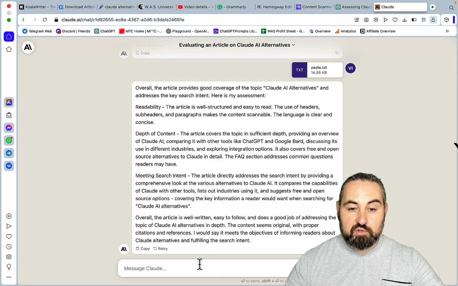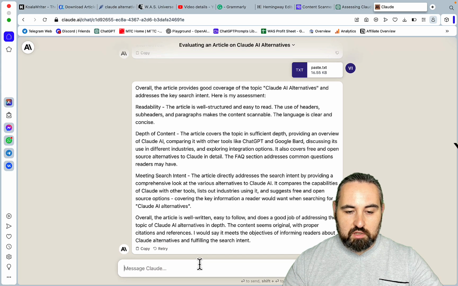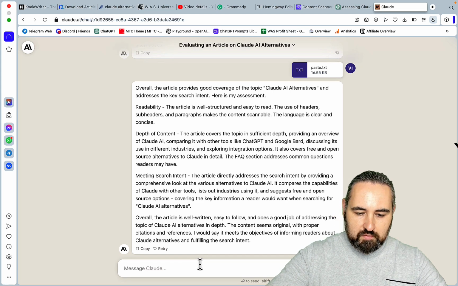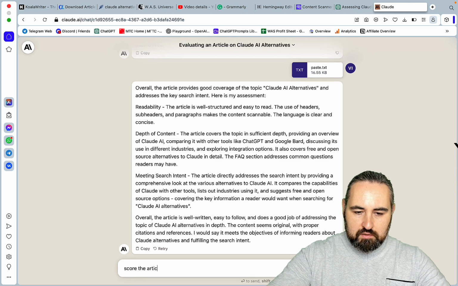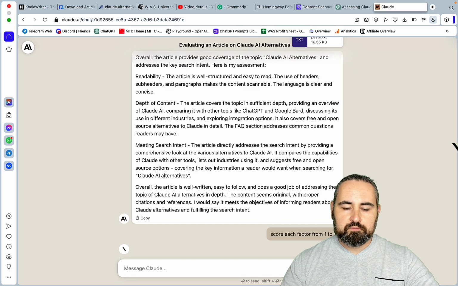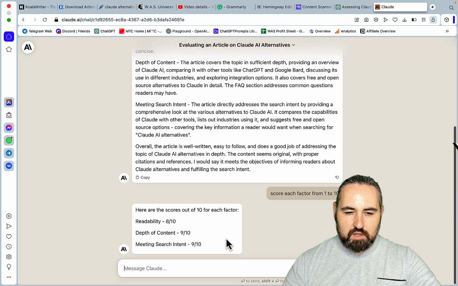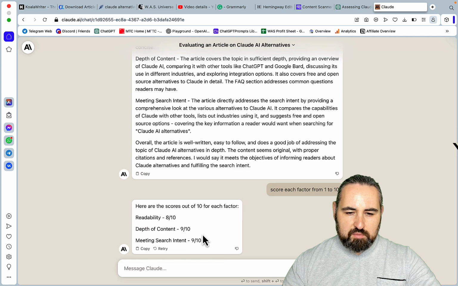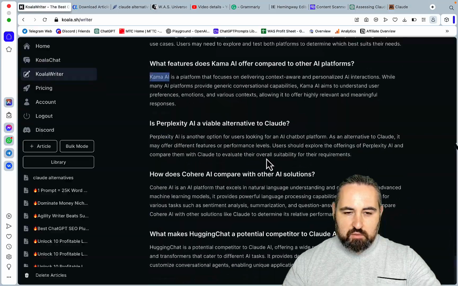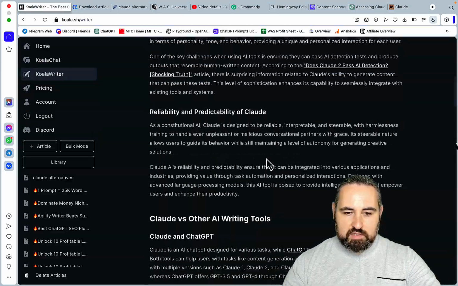Well, Claude praised the article about Claude, so let's score the article from each factor from 1 to 10. This way we'll have an objective measure. So readability 8 out of 10, depth of content 9 out of 10, 9 out of 10. So pretty good. As for me, again, I would have loved to have seen a listicle instead, and this is